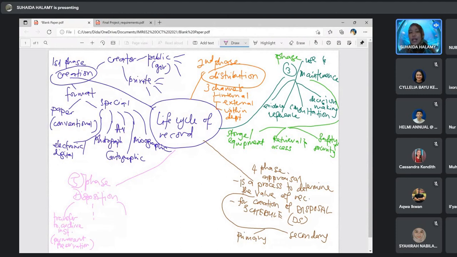Then, I made a dotted line here: we transfer to the record center, for temporary storage. And the last one is to destroy or destruct.